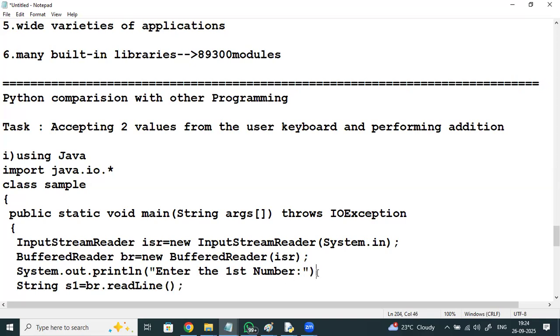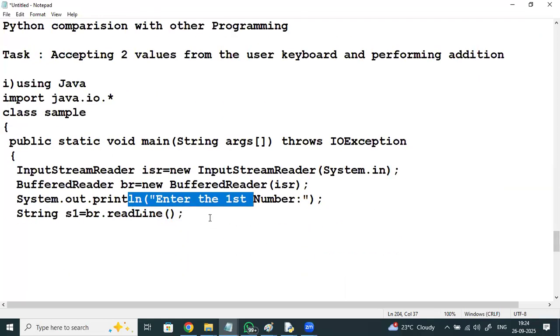The first number is taken as a string, and later converted into integer format.